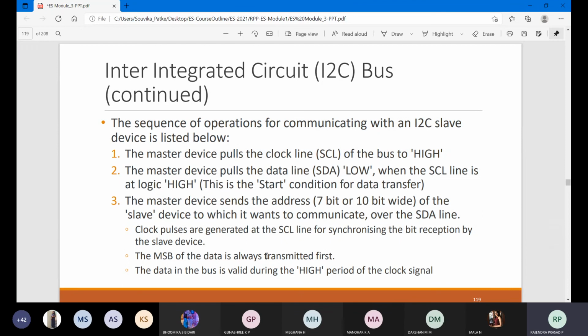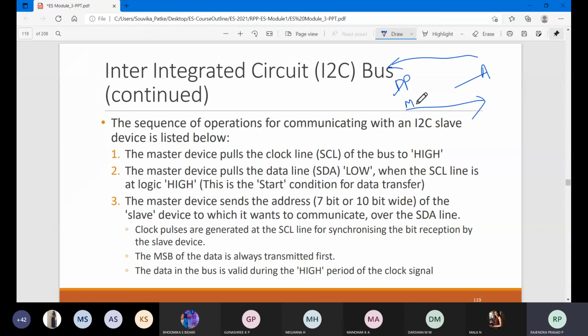The MSB of the data is always transmitted first. Which side is transmitted? The data I was transmitting was A to TP, right? The data storing is like this, but when sending using I2C, it goes from the MSB to the LSB. So you start in this way. These are all mandatory because I want to know how it is transmitting. You cannot say, sir, I will transmit data from here, I will write the program. No. When you are using the I2C bus, your first data should be from the MSB only.